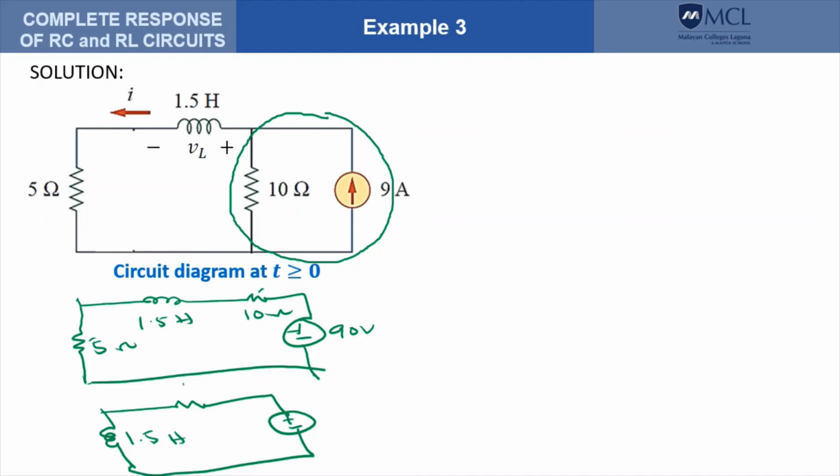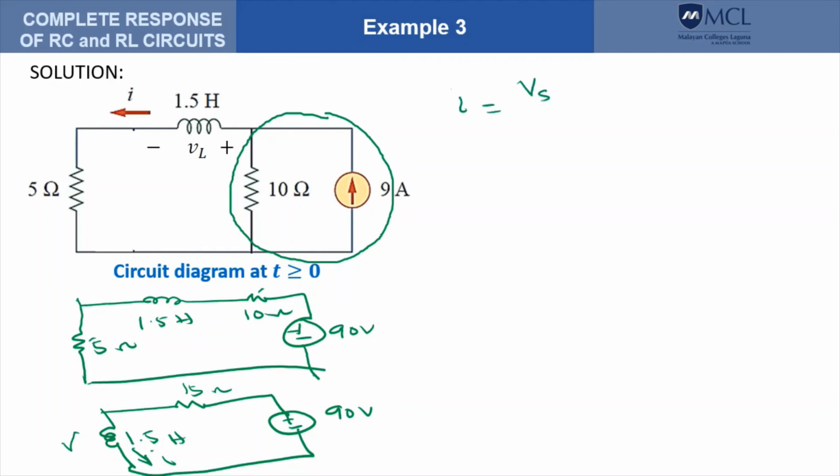So this should be 15 ohms and this should be 90 volts. Now we can apply the equation for the series RL. So using this circuit, we now compute for the current. So this is the current here. So the current should be